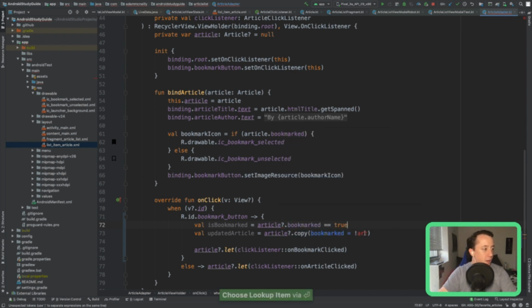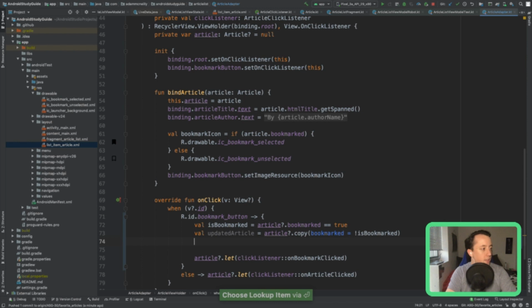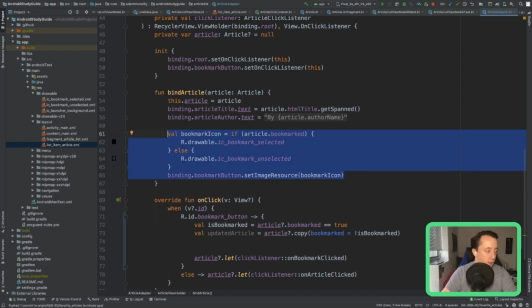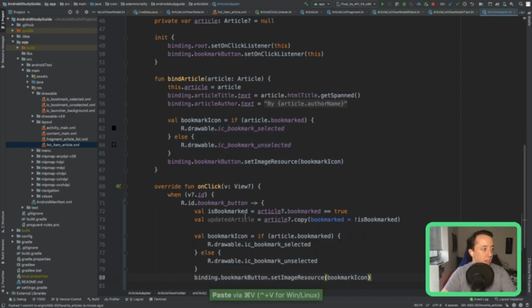So first we want to see if this is already bookmarked, then we're going to copy it and toggle that, and then we can say, okay, if we have an updated article, we're just going to call bind article again, rebind the UI. We probably don't want to do that. That could be a lot of work. So really what I'm just going to do is copy this, because all I want to do here is test that this is actually faster.